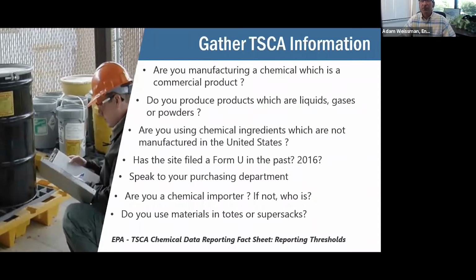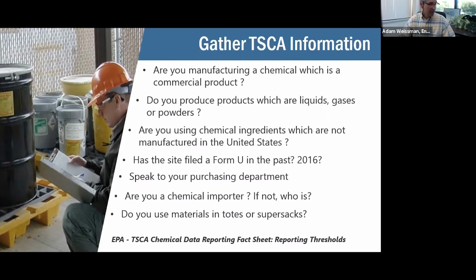And if so, if you are seeing these chemicals on the shop floor, and purchasing says, yes, we use lots of non-U.S. source chemicals, are you the importer? And again, I'm going to get more into the discussion of are you the importer, but do you think you're the importer? And if not, who might be?